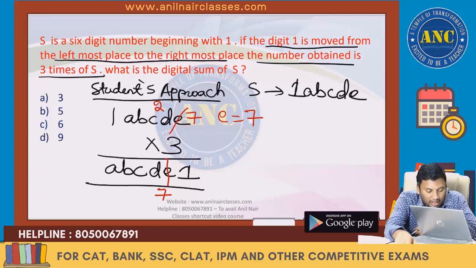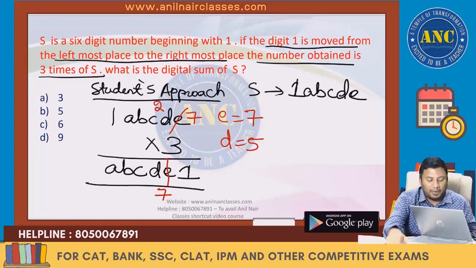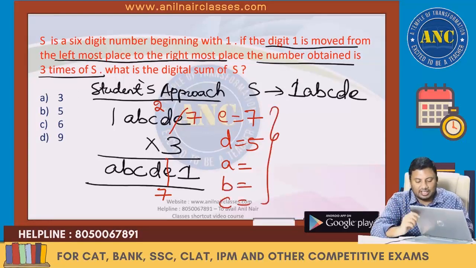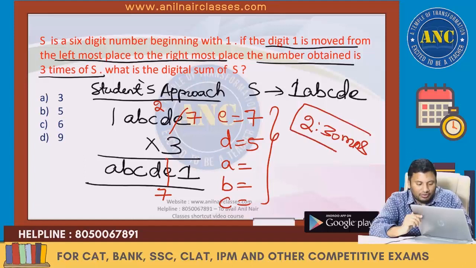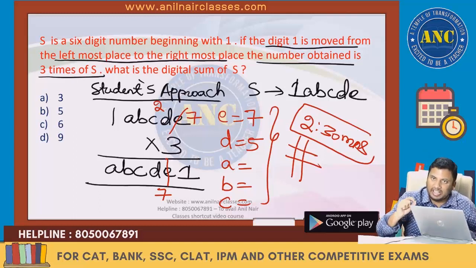If D is 1, 3 1s are 3, 3 plus 2 is 5. D is 2, 3 2s are 6, 6 plus 2 is 8. D is 5, 3 5s are 15, 15 plus 2 is 17. Like that, you will find the values of A, B, C. Each, if it takes 30 seconds, it is close to 2.5 minutes. You will waste 2.5 minutes doing this, because your teachers, your institutes and your formula-based knowledge did not give any other hint other than finding the values of A, B, C, D, E.